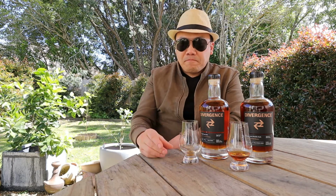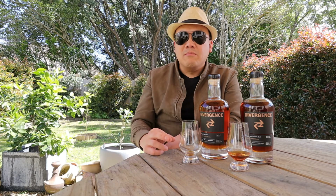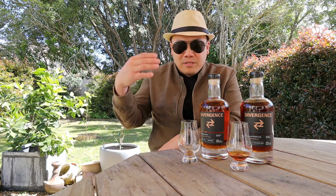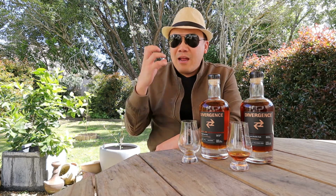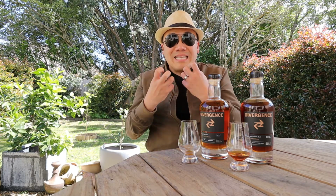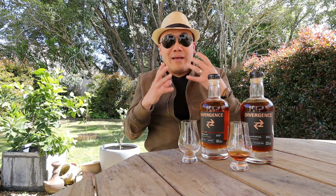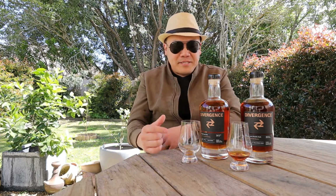The new make spirit, you can taste that new make spirit a little bit, but it's not like moonshine. It's not like some craft whiskies that are so young that the new make just pops. The barrel interaction is very involved, and that really has gone a long way with the new make not being tasted so much. And tasting new make is not always bad. Tasting new make is actually a bit youthful and a bit vibrant, but in this case,